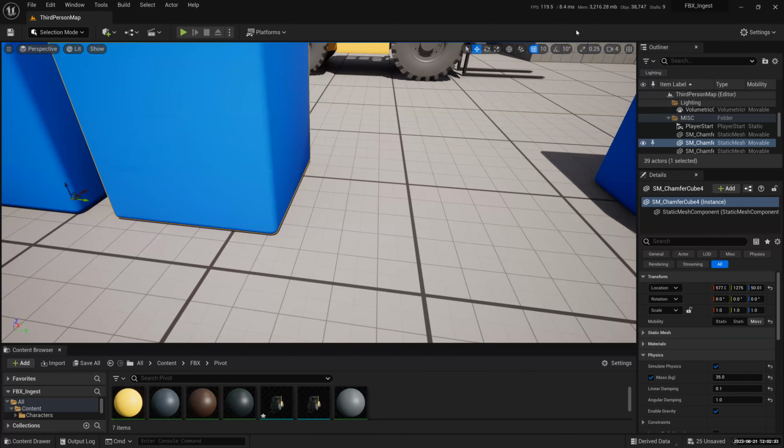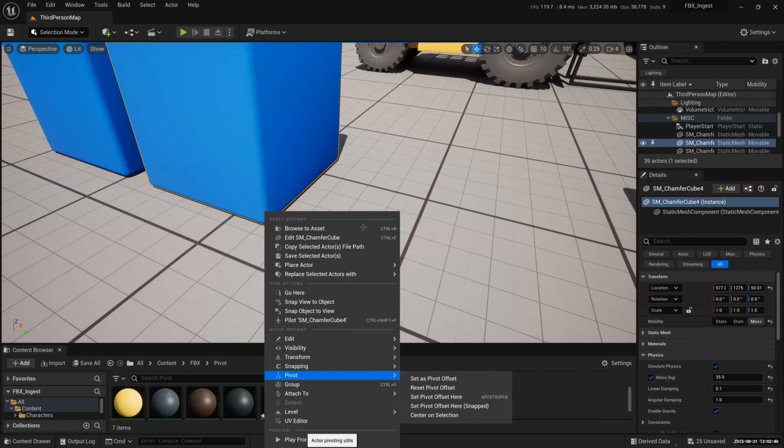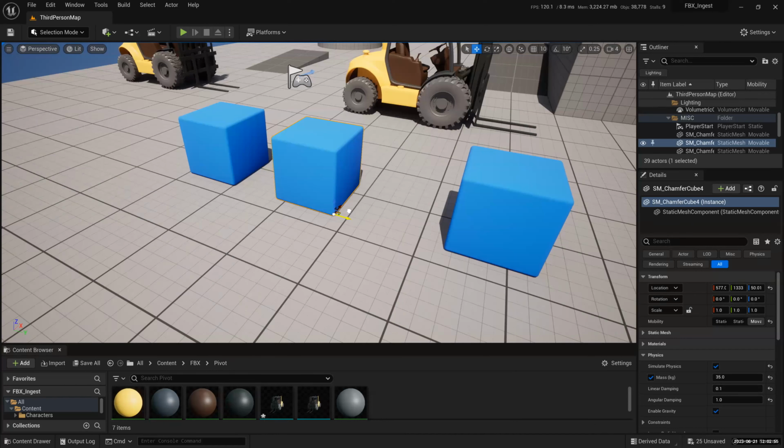Yeah, thank you, you're right. Thank you very much. That's the one, the snap feature was on. There you go, right? So it's there. And then I have to right click, I say pivot, set as pivot offset. Okay, now it's going to be there forever. So now I can snap it here. If I have my grid on now, I can snap it with this one easily. So easy to snap.